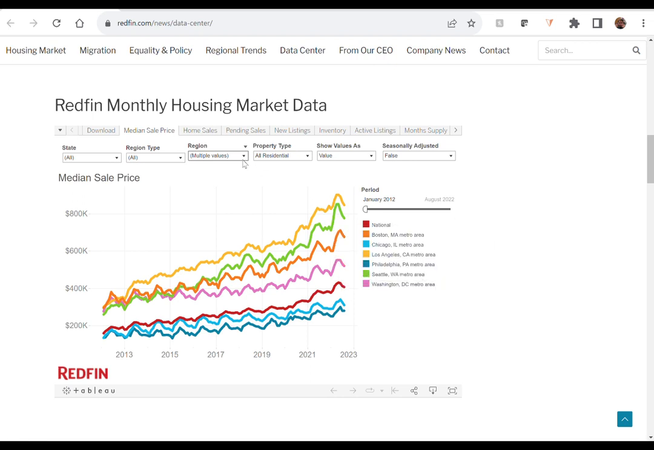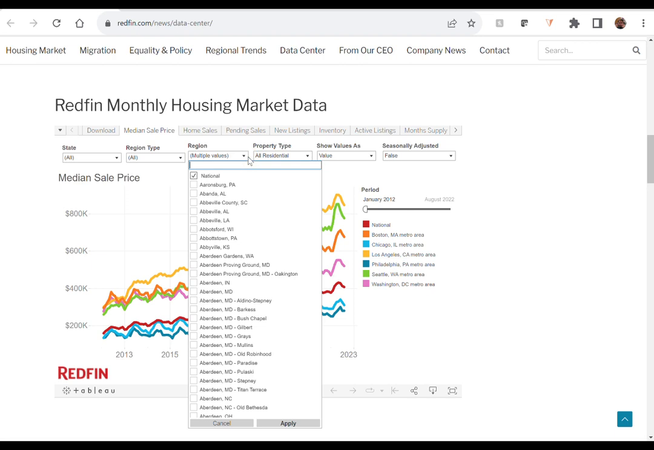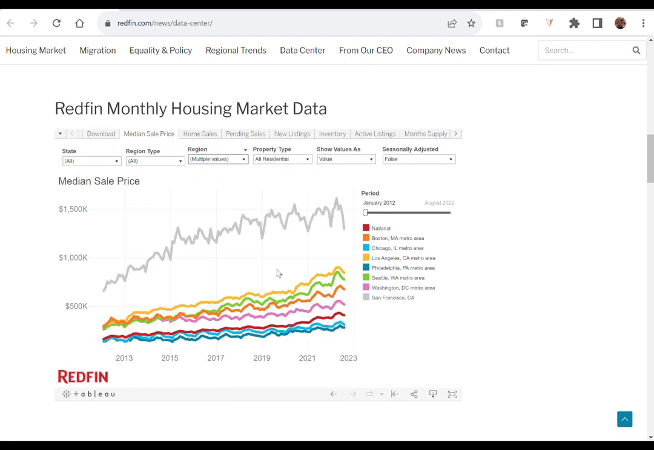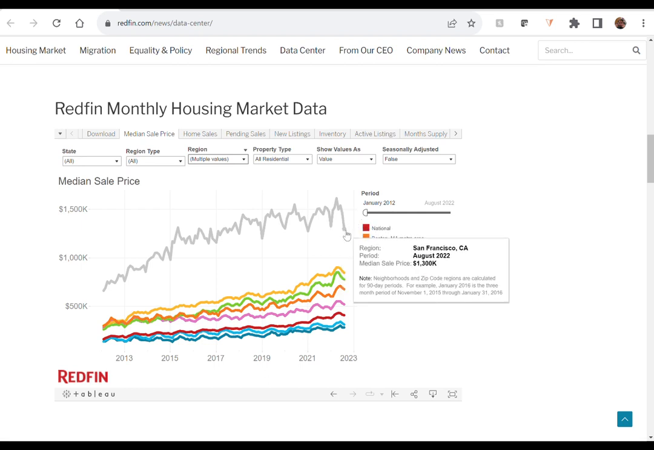So what I did is I went to this drop-down menu under region, and there are hundreds of little towns and cities throughout the country you could add to this graph. What I did was I selected San Francisco. And now you see San Francisco is added to the graph, and now you can see the median sale price of San Francisco well above Los Angeles, which was the highest median sale price, which was default if you just go to the website. And so what this gray graph is saying is that, well, as of August of 2022,